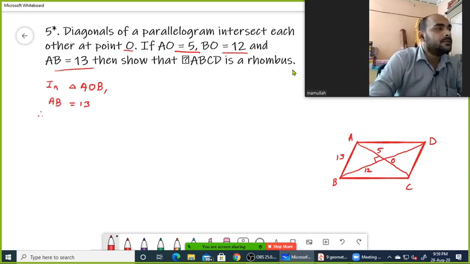So AB square will become 169, since 13 square is 169,